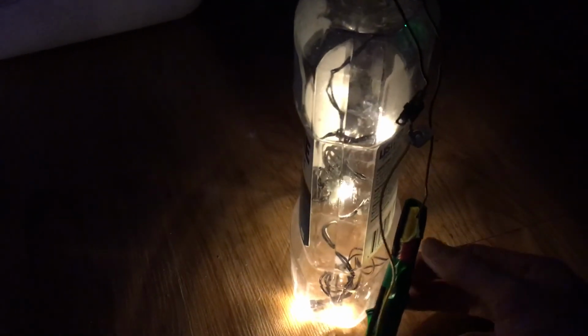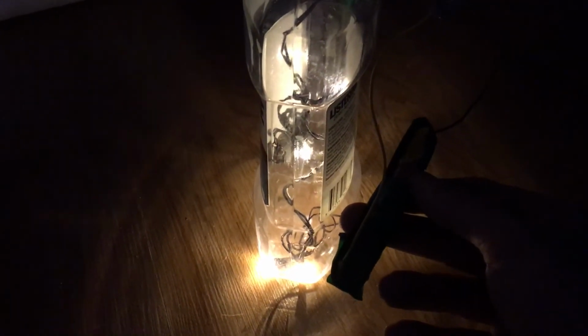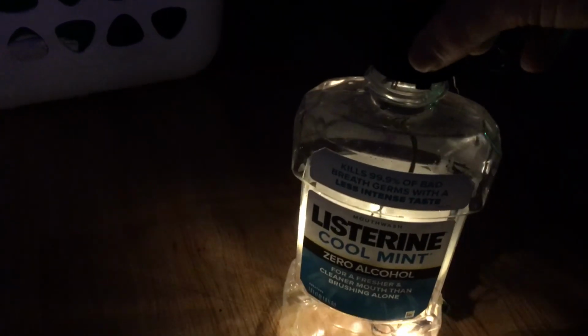But remember, empty Listerine bottle, LED strand lights with a switch. You could turn it on and off, just like this. Off. On. And 2 AAA or 2 AA batteries, because together they make 3 volts, which this LED strand light runs on. That's the do-it-yourself light up